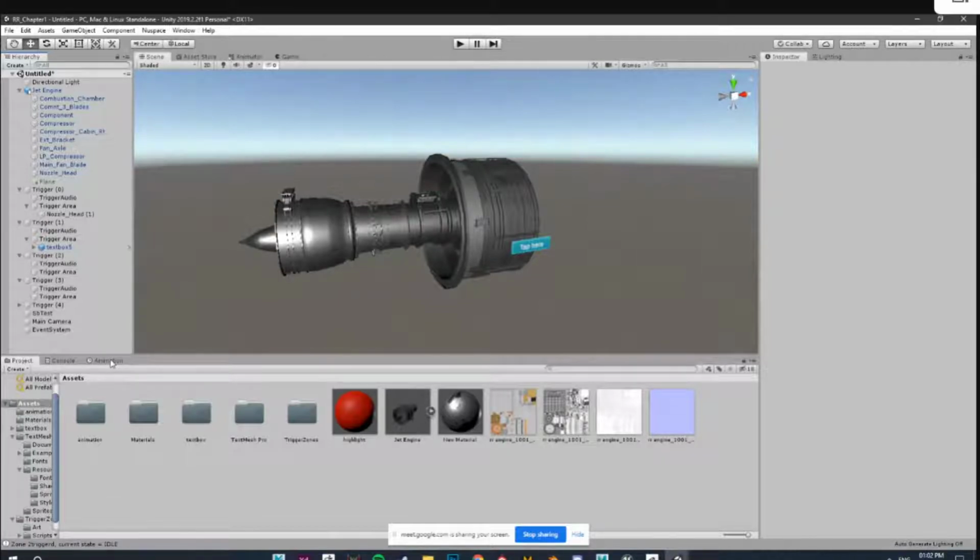Now if there are two different objects, let's say there's a jet engine and then a second jet engine, two jet engines, for example. Let's say we have to click tab here and then both the engines should explode. Should both of them be under one master object? Yes, both have to be under one master object. So you have to create an empty node or something and make them children.